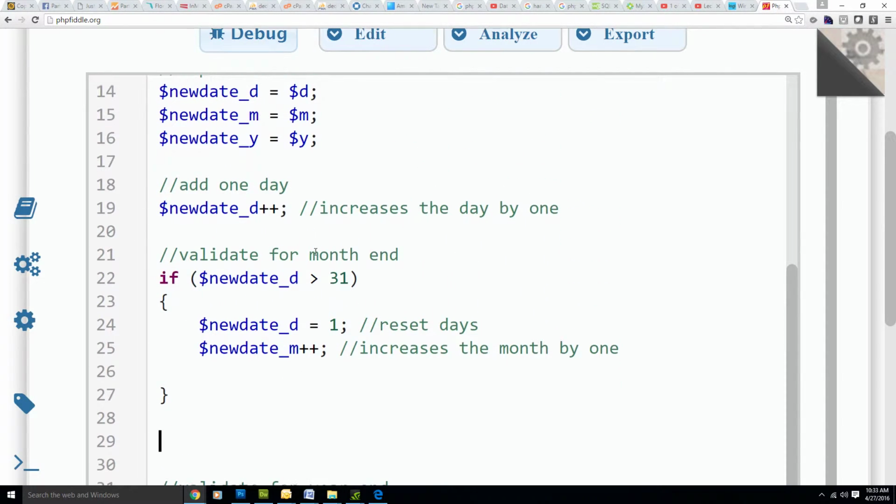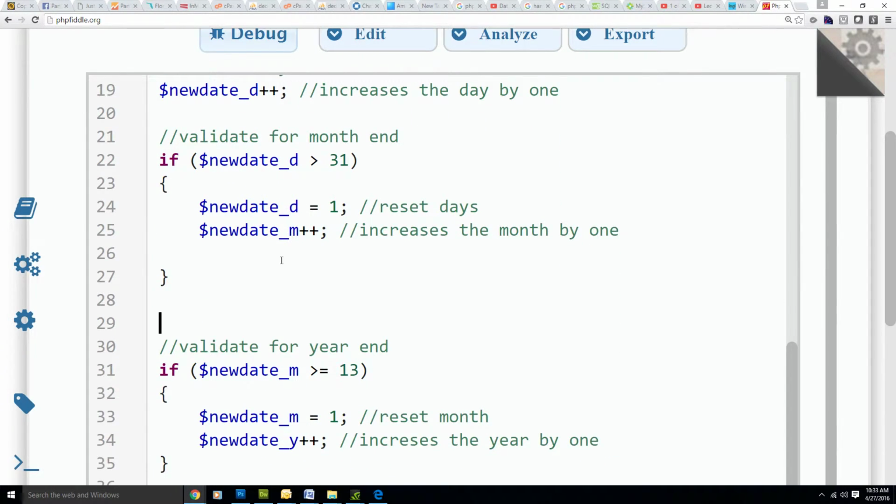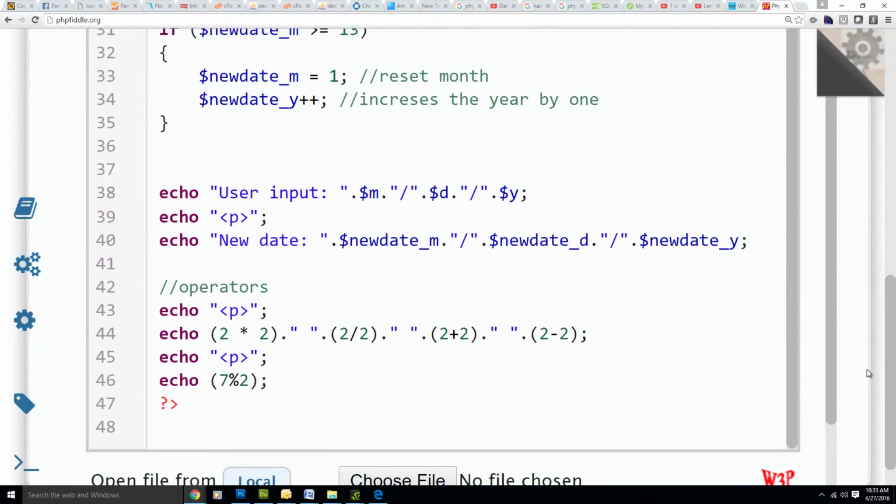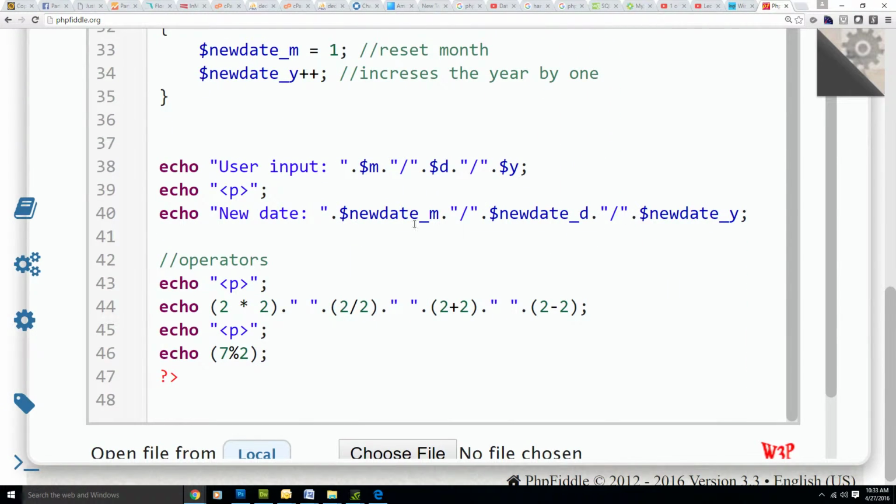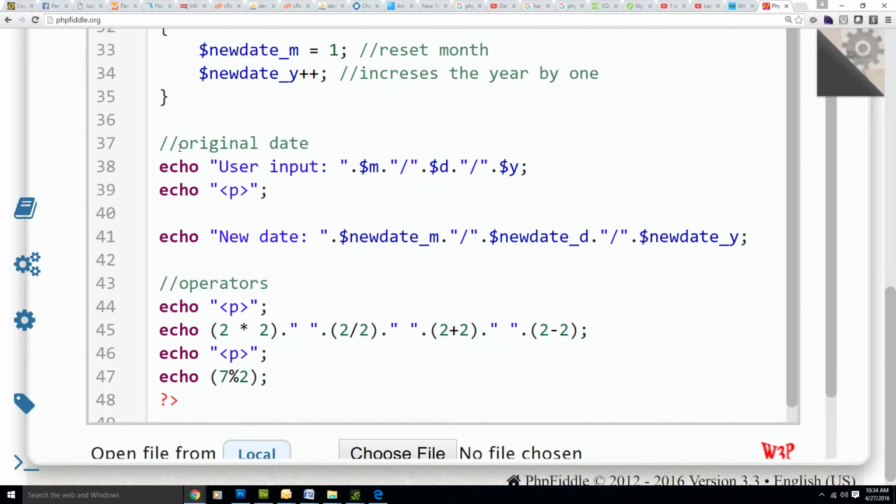Okay, so far this is our program. We validate for month, we validate for year, and then we display user inputs. For the old date, let's comment this. Let's make a comment over here before I save it. Original date. And over here we're going to make another comment for new date. Alright,